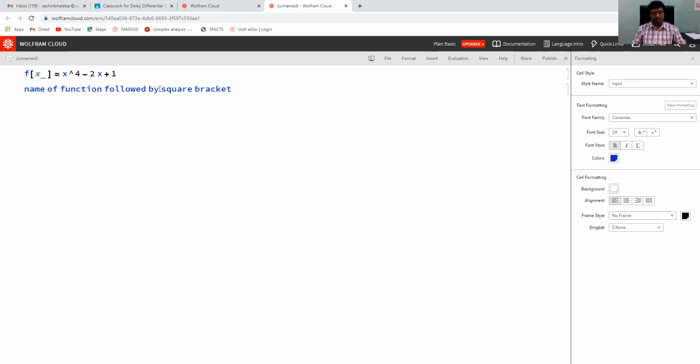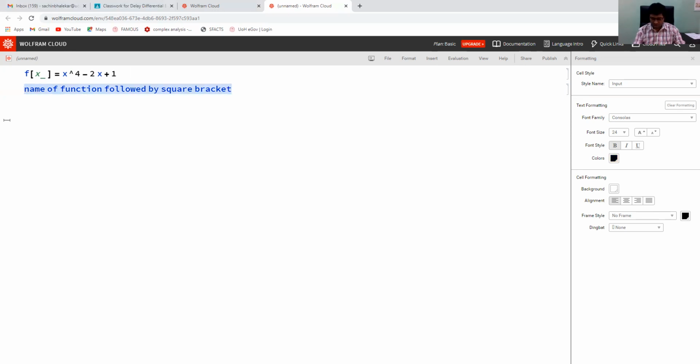In that bracket, you need to put variables. The name of the variable followed by an underscore. So here x underscore, x is the variable, then equal to, and then next to that write your definition. For example, here we want to define x raised to 4 minus 2x plus 1.